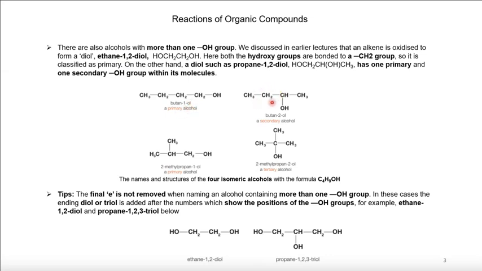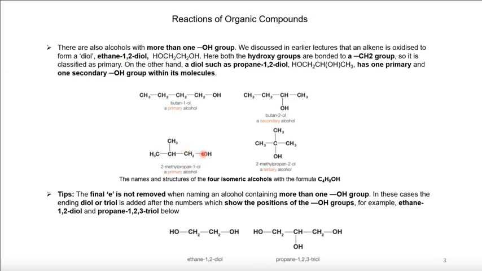If we go here, you see that the OH is attached to a CH group, so butan-2-ol, and it's a secondary alcohol because it is attached to a CH group. And then this is 2-methylpropan-1-ol,